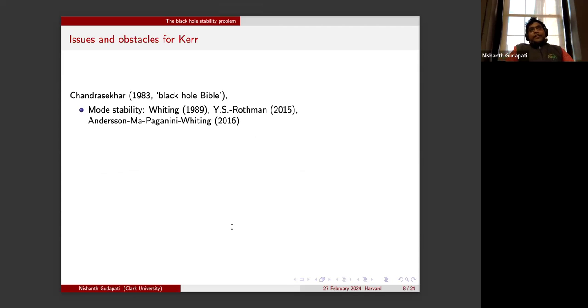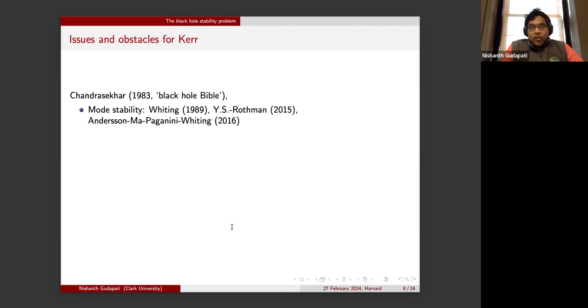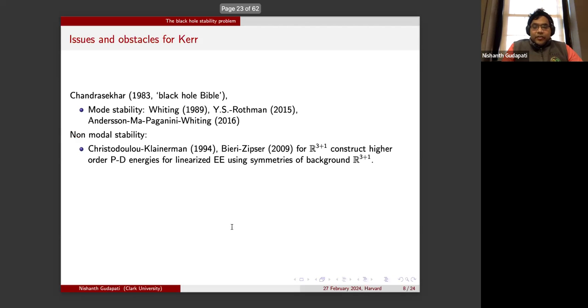So moving on to Kerr, as I said, for the Schwarzschild spacetime, we do not have this problem of the ergoregion. So even there, positivity is by far not trivial. As you can see, it was a substantial amount of work. It was not trivial by any means. But here we have the added complication of the ergoregion, that even the linear wave equation.